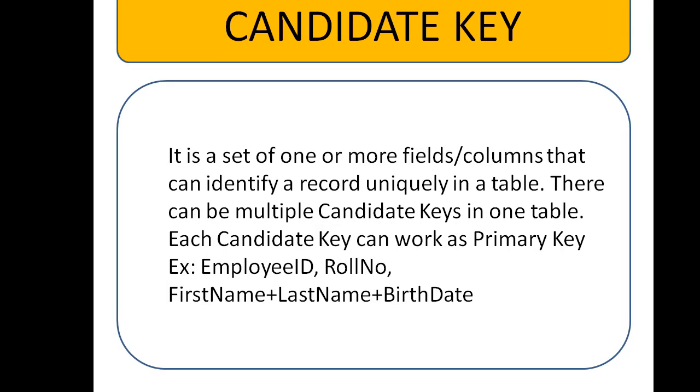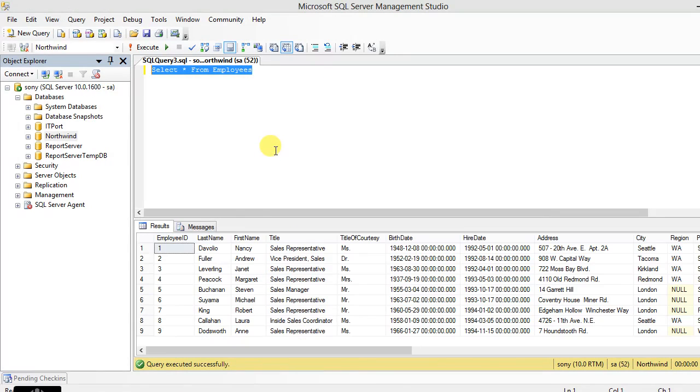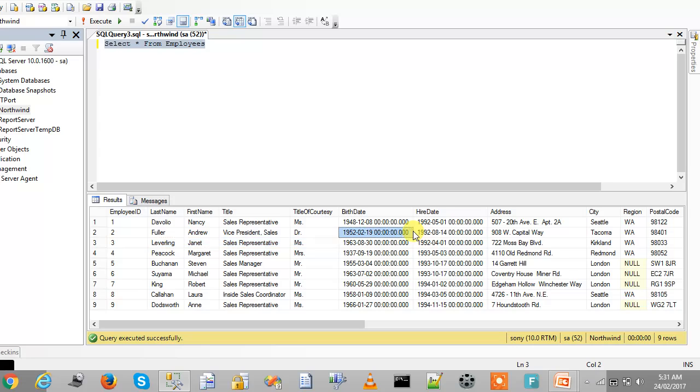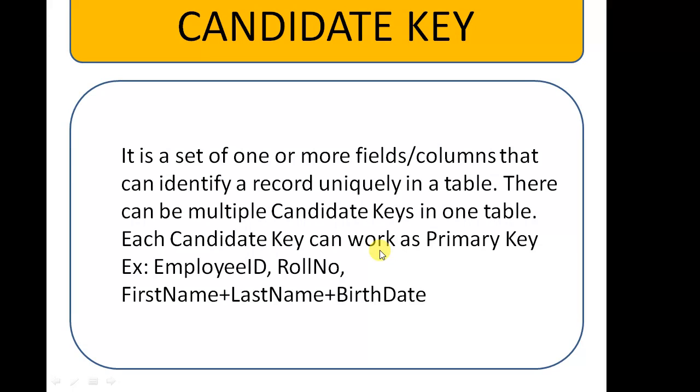It's eligible to be marked as primary key, and the combination of first name, last name, birth date will be unique for the data, so we can mark these combination columns as primary key. So a candidate key can work as a primary key. These are the candidate keys.